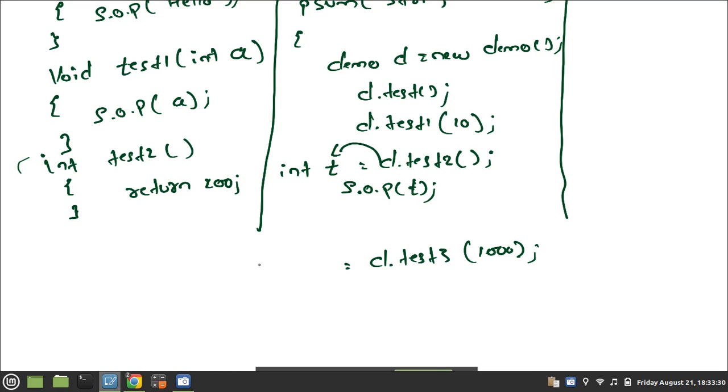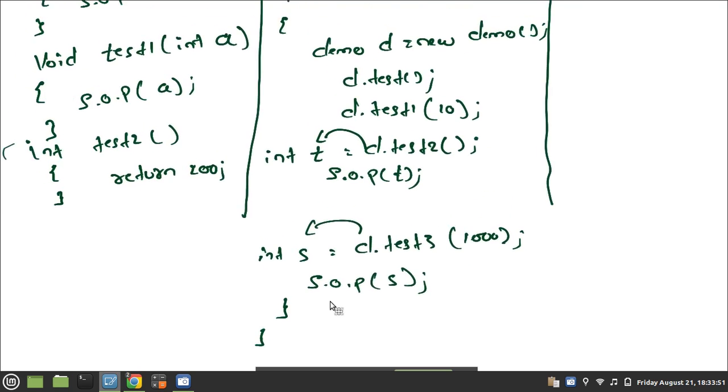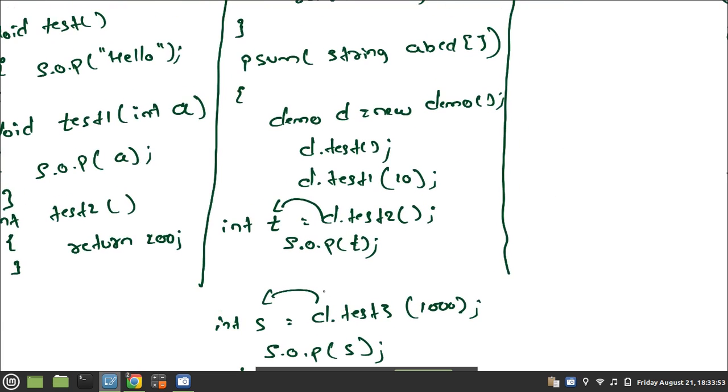So int s. Tell me what will be in s? SOP s. So this closes your main and this closes your class. Now trace this program. Tell me what will be the output. Just a moment.